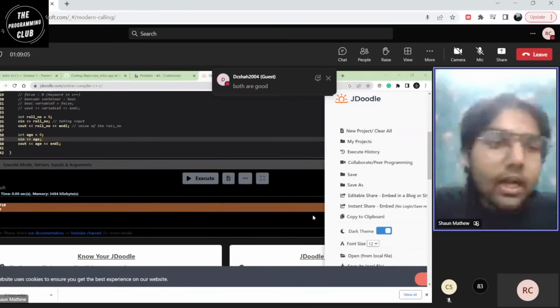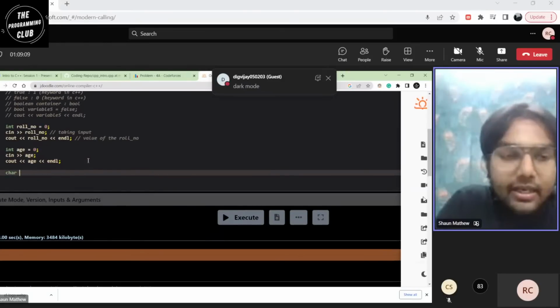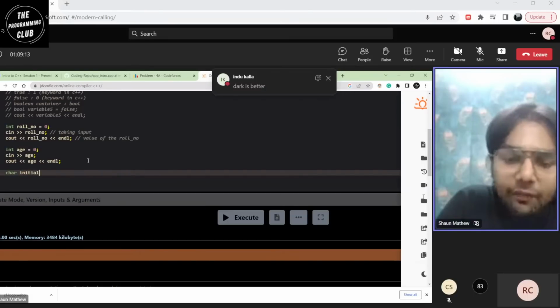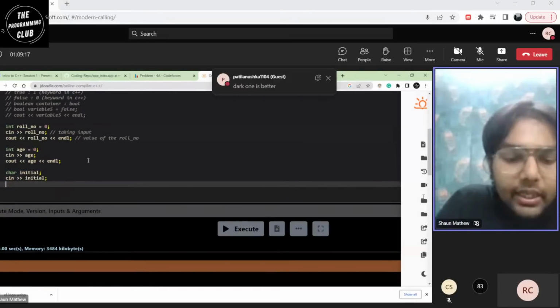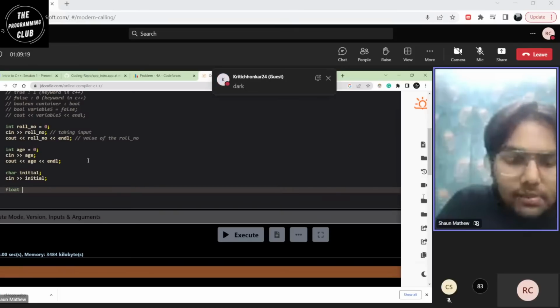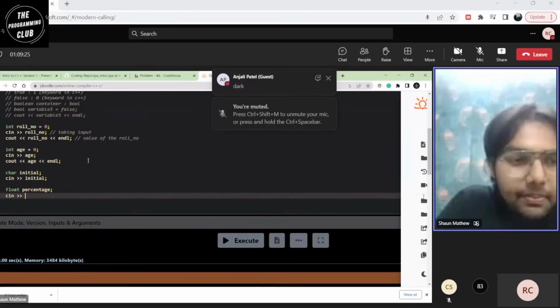I'll move on, and so you can similarly take input as name, initials of my name. I'll take in as input initial. Then you can take a float as, say, percentage or something, and then see in percentage.